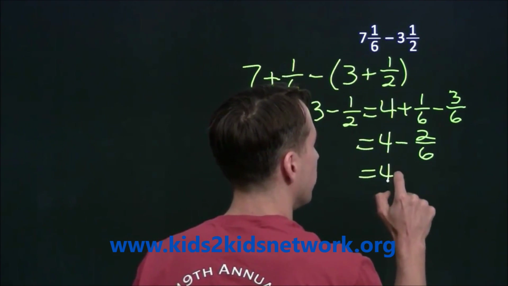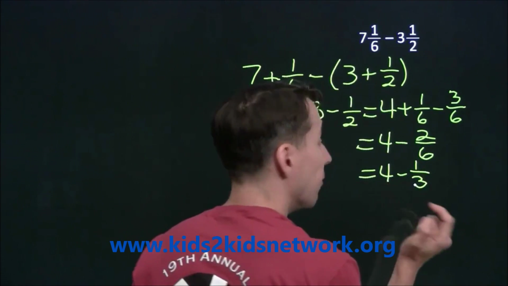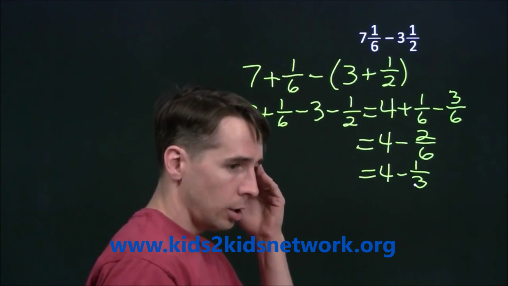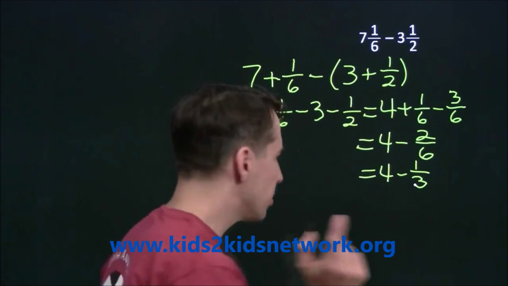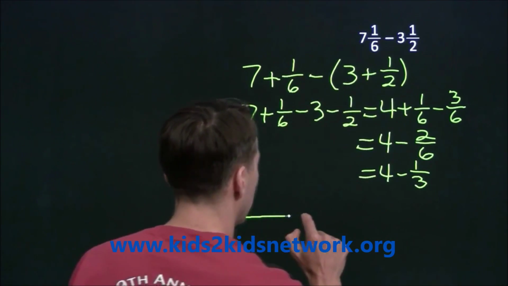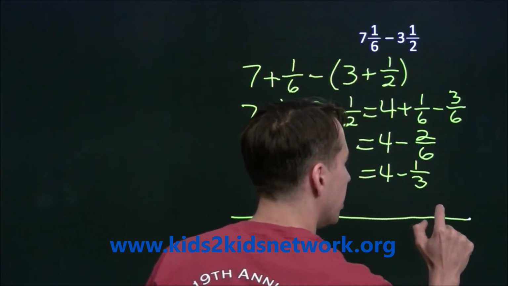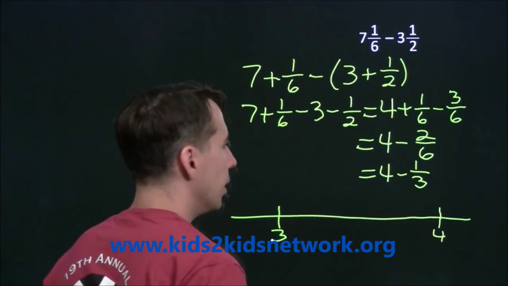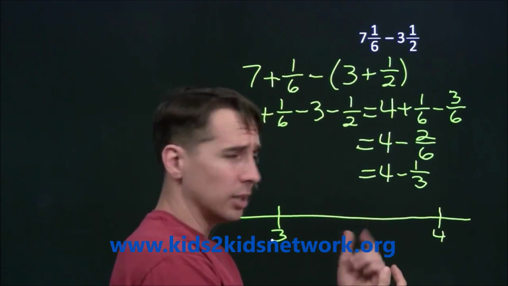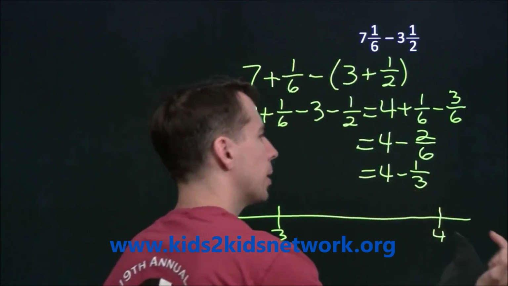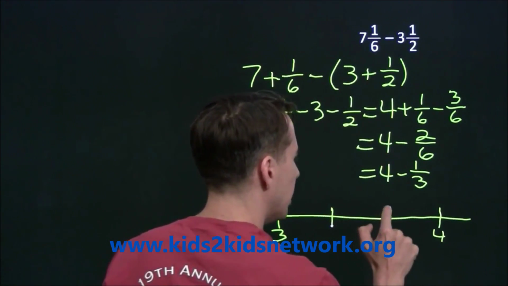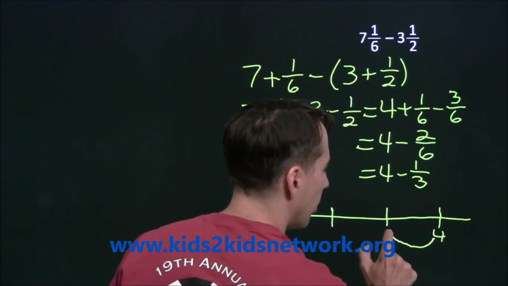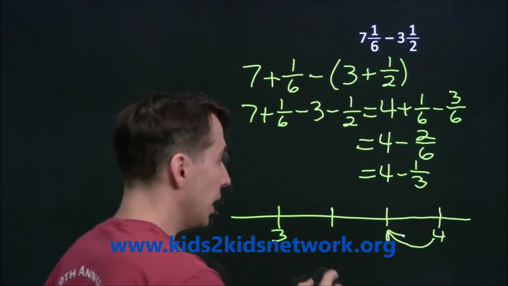Of course, we can simplify that 2/6. That's just 1/3. So we get 4 minus 1/3, which is what? Well, you know what I like to do when I'm puzzled with fractions is I break out the number line. Fractions are numbers, so they live on the number line. So I'm going to think about where they live on the number line. 4 minus 1/3, we're subtracting. We're starting at 4 and we're subtracting, so we're going to go to the left. So we're going to break the number line between 3 and 4 into thirds. We're going to go left by 1/3 from 4, and we see that we end up at